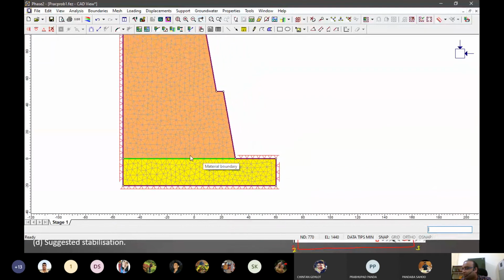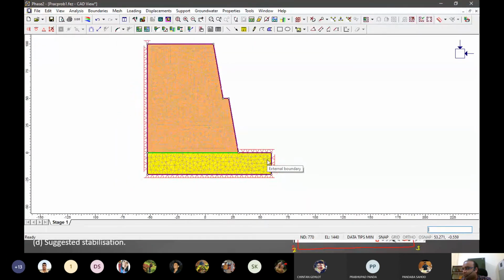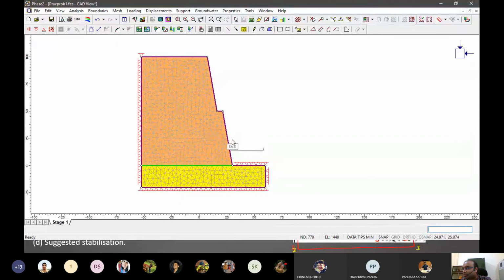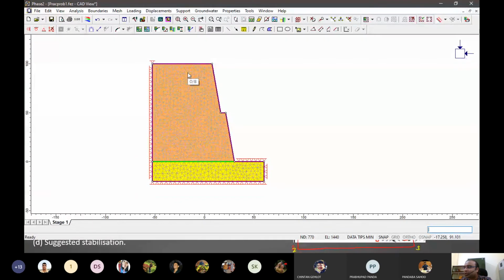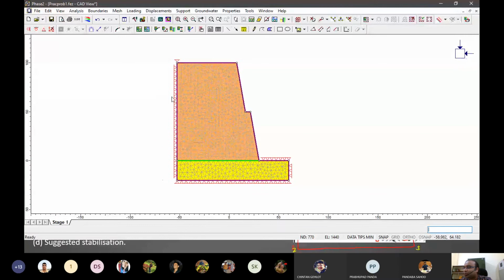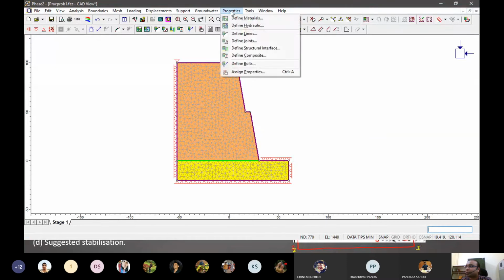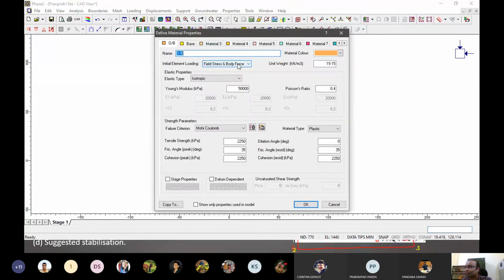That's the base, right? And so that's it. We have to see on this part only. So all the analysis will be done here. Now we have given these boundary conditions. We have given the geometry. We have done meshing and discretization. Now we have to give material properties. So all the pre-processing stages have to be covered.